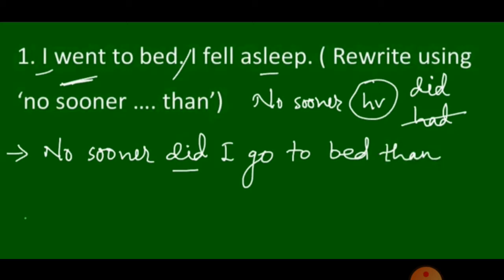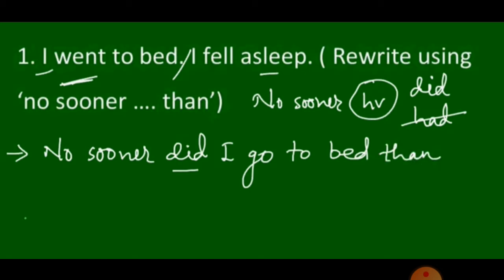Now the important thing here is that in this sentence you can see there were two sentences, and compulsorily there will be a full stop. Many times a comma is also used, but that we have to remove, because while making the sentence with no sooner, it has to be a complete sentence. When it is given to you, there will be two sentences. As you can see on the top, it is written "I went to bed," then a full stop, "I fell asleep," then again a full stop. So there is a full stop in between that we have to remove, and when you remove the full stop, you have to place THAN, then. Keep that in mind. So, no sooner did I go to bed, then that is a complete sentence.